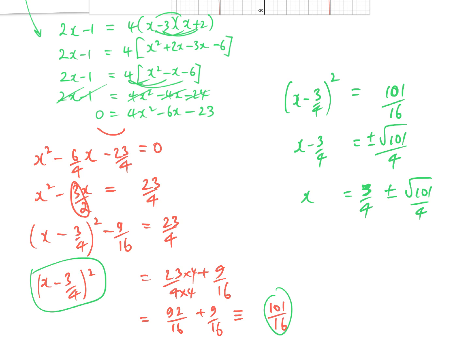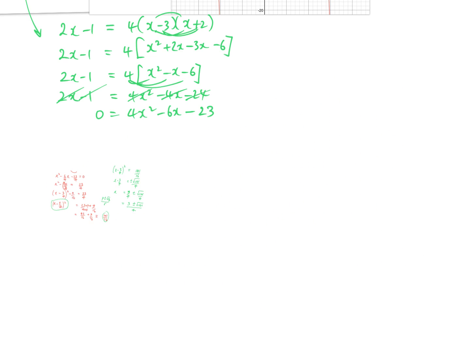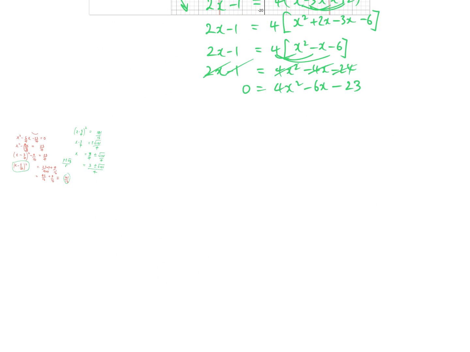Now it wants it in the form p plus or minus root q all over r. So I'm going to have 3 plus or minus root 101 over 4. And that would be my answer. An alternative here would be, you could just use the formula. So x is minus b plus or minus the square root of b squared minus, 6 squared is 36, minus 4 times a times c, which is minus 23,